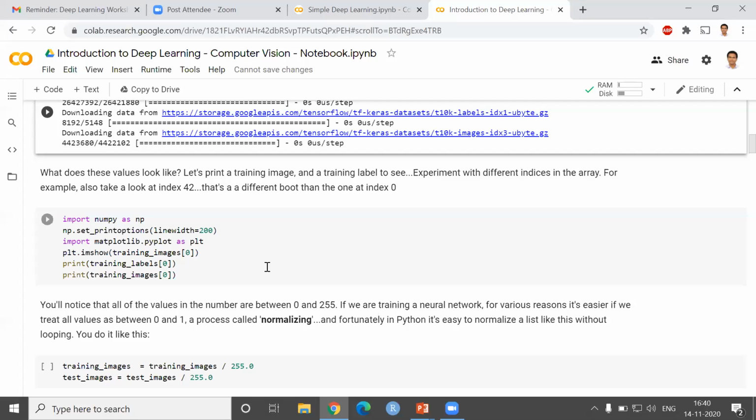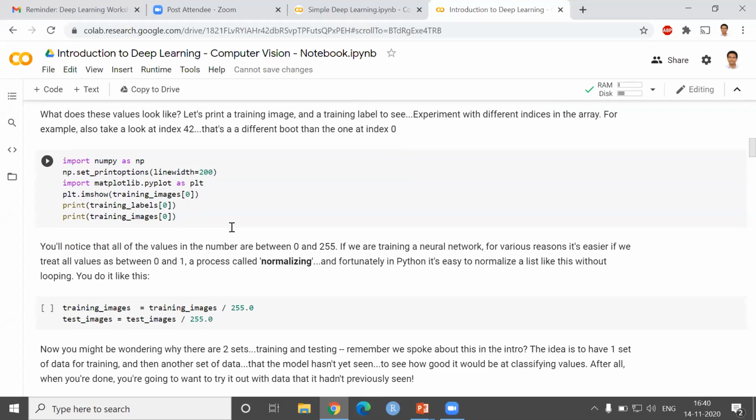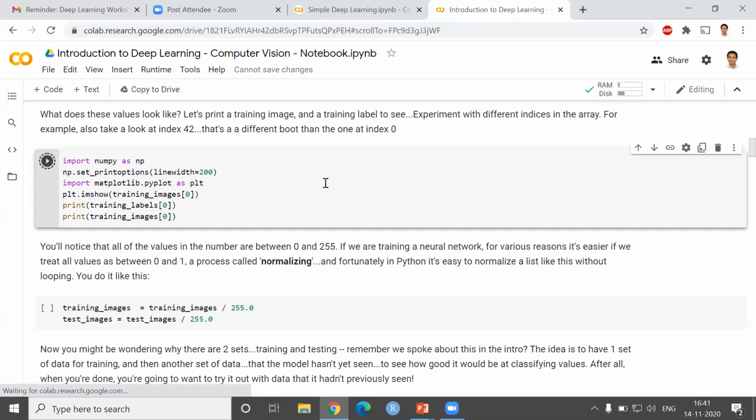Here we use plt.imshow, a command in Python where we can display the image, the training image at location 0, and the training label at 0. It will print the shape of the image at 0, then the label at 0, and the training image at 0. So we'll just run it and see what you get.